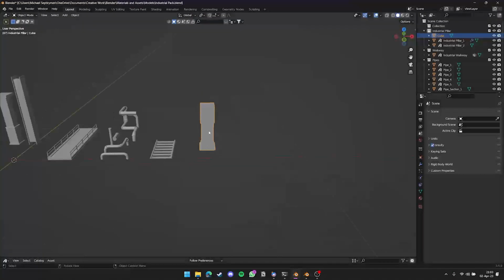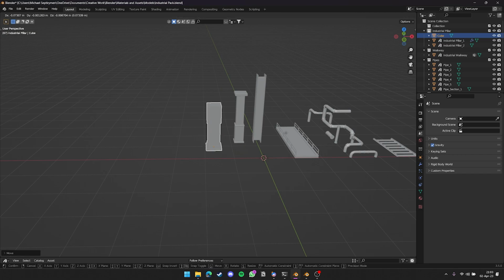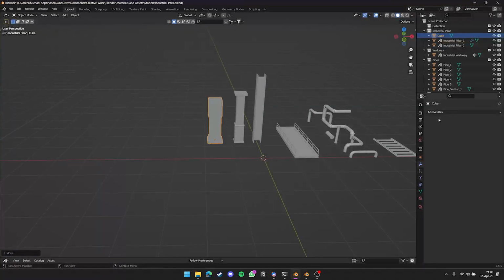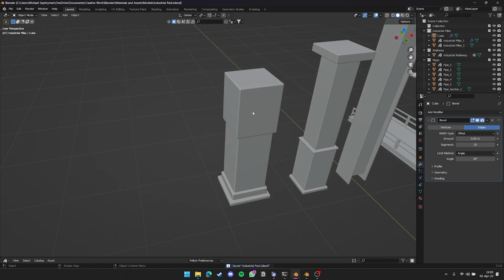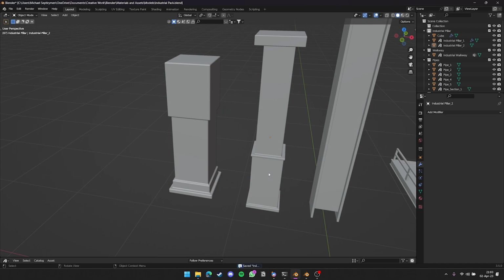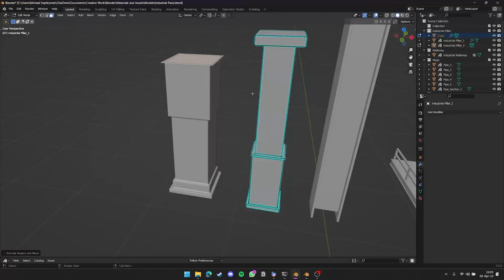So I'm gonna count this as one of the pillars here, and let's add in a bevel modifier, something like that, and shade it smooth,